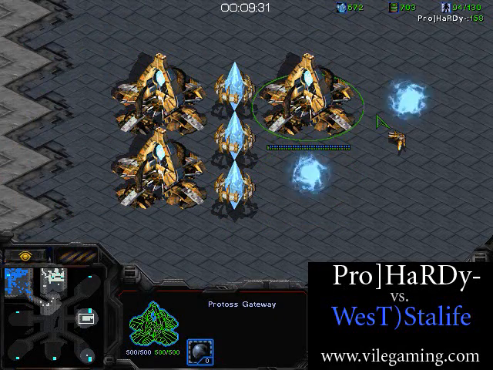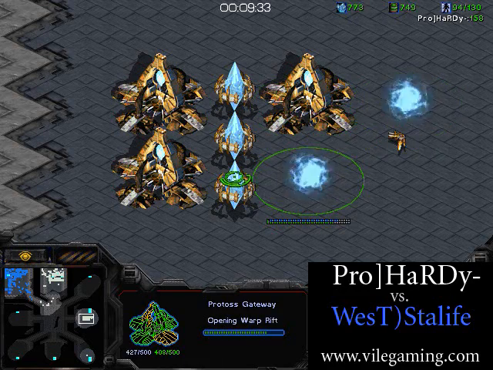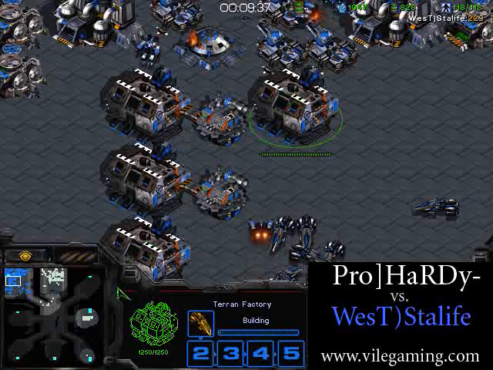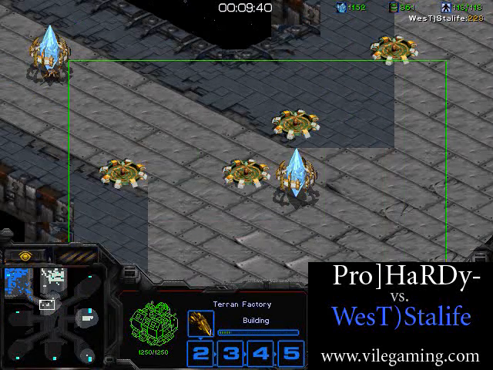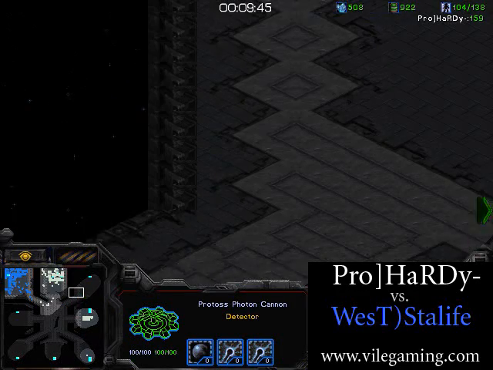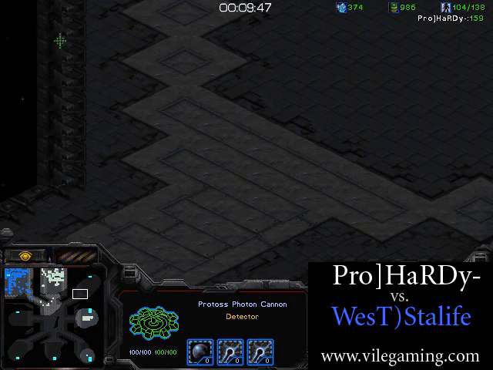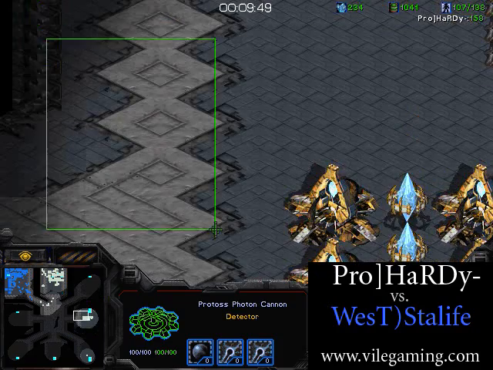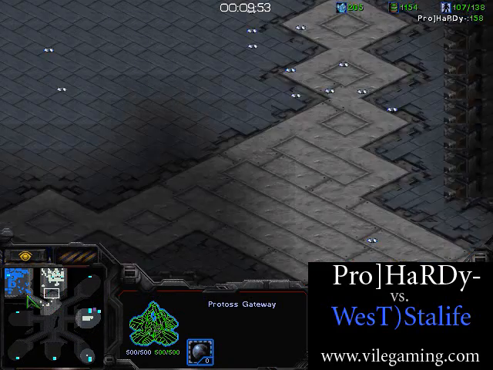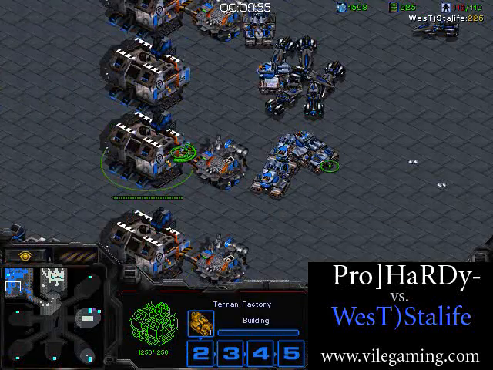It's nice of him to get an expo here, but more gateways are not going to do you any good going against mass factories. So what HaRDy needs to do is mass cannons in this area right here, and then go for carriers somewhere proxy, maybe somewhere like this, maybe somewhere top right next to his base, maybe somewhere right here instead of gateways. But without carriers, Zealot Dragoon is going to get absolutely annihilated by all